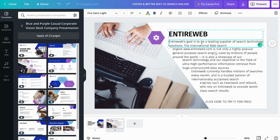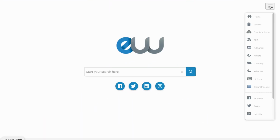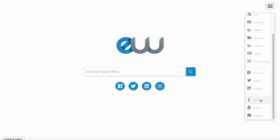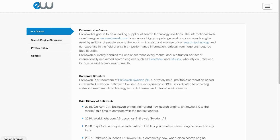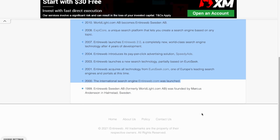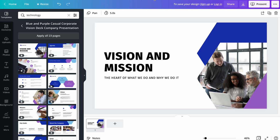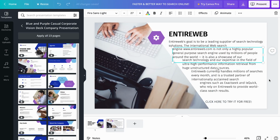EntireWeb is a global leading supplier in the search technology solutions, and I basically got this information right here by going over to entireweb.com and clicking on the little hamburger tab at the top again, then scrolling down and clicking on About right here, and I basically got all the info from entireweb.com itself, then just basically copied and pasted this onto my presentation. Now, at the very bottom right here, I'm basically going to tell people that if they